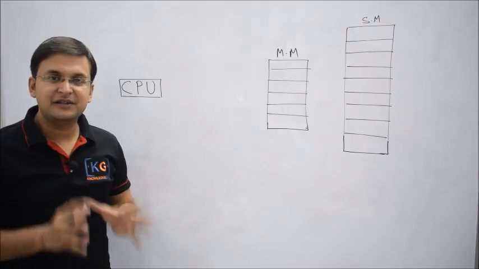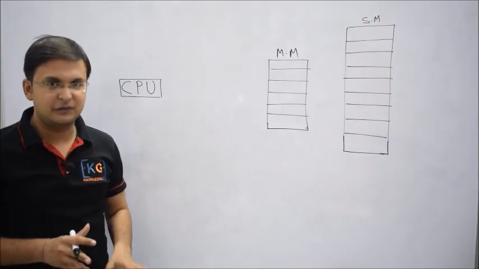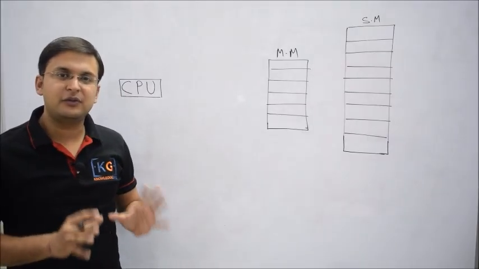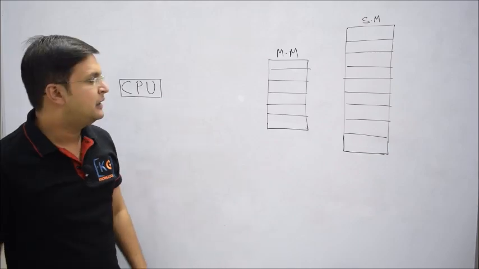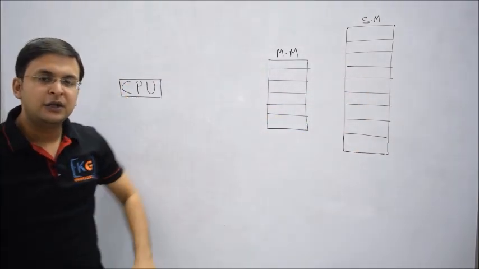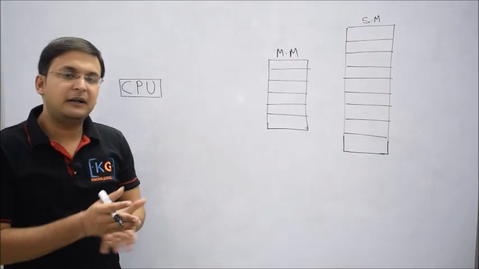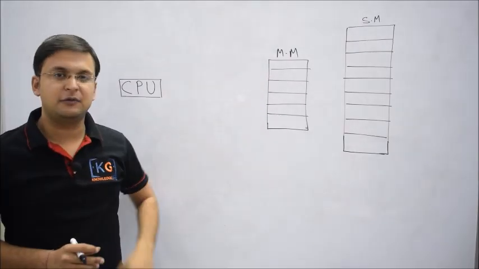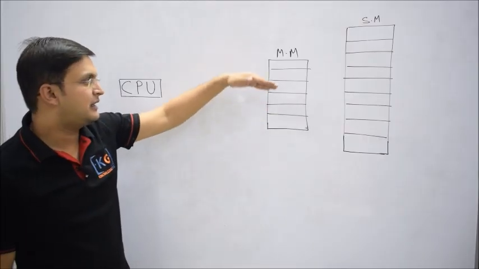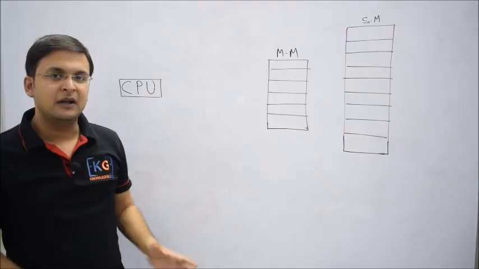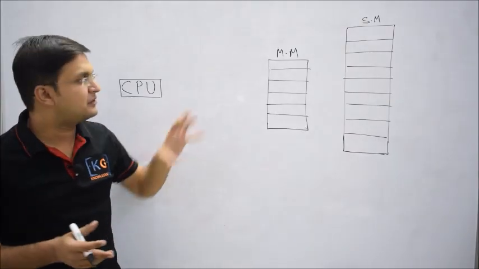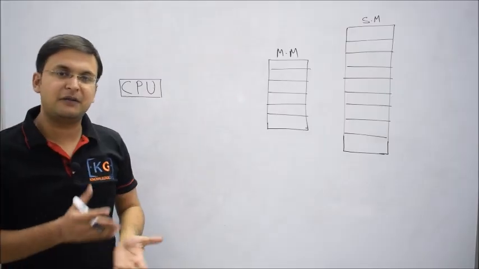Hello friends, now let's understand the basics of non-contiguous memory allocation in paging. You see, we want a process to be stored in a non-contiguous fashion. What does it mean? When you pick a process from secondary memory and put it into the main memory, it should not be required that the process is stored in a contiguous fashion. Why? Because most of the time some place was vacant at some part, some place at some other part, but because the space was not contiguous, we were not able to store the process. That was a major scenario.